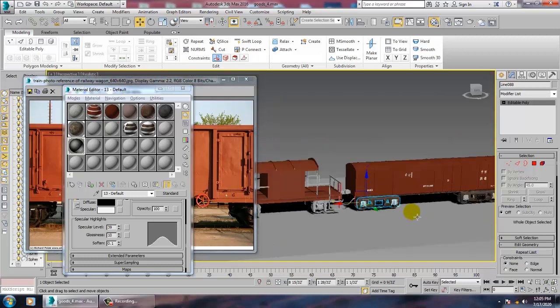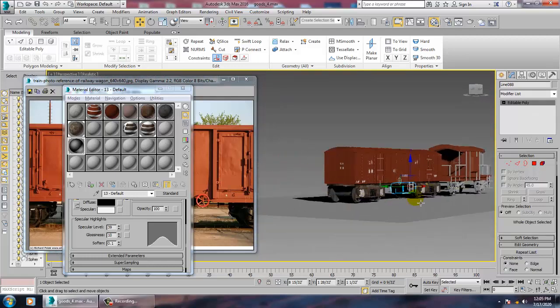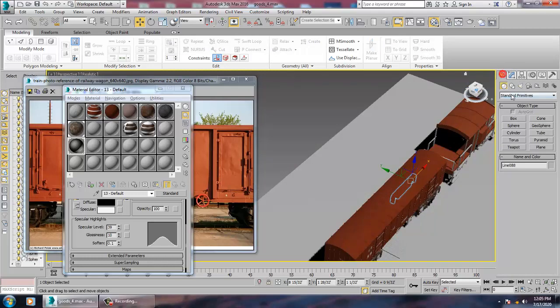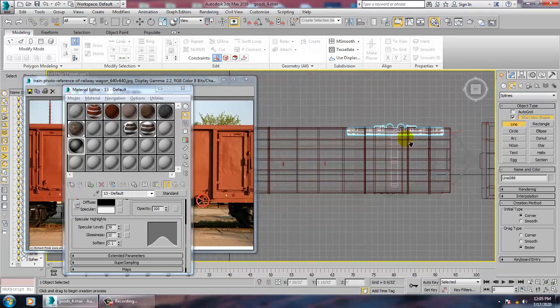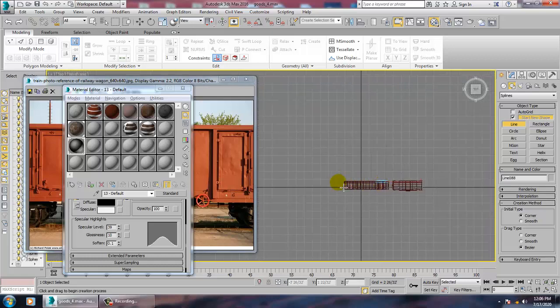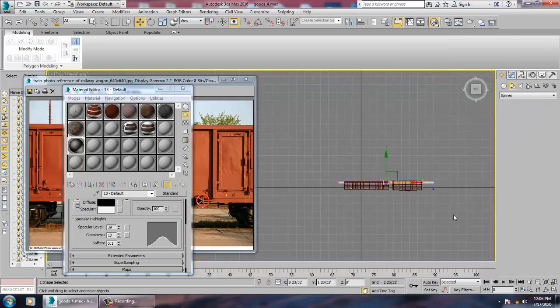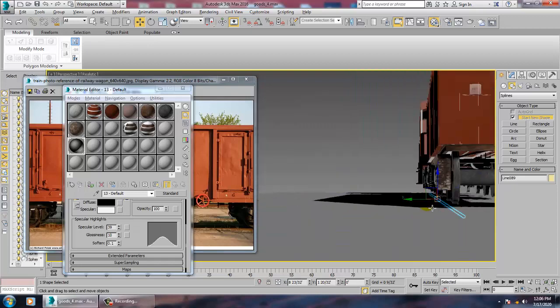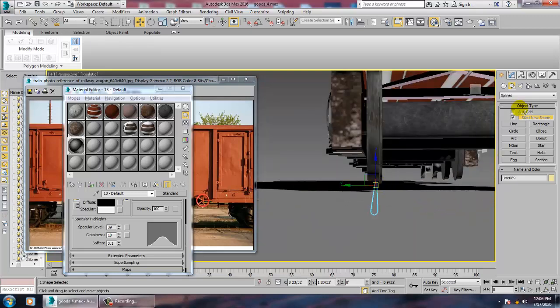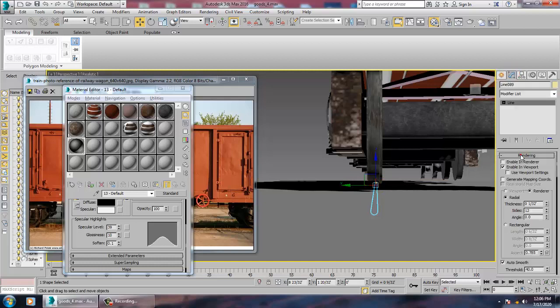So keep on saving the files. So we'll just create one track at the bottom. Just let's go to the top view. Let's create a line over here. So rendering, enabling viewport.